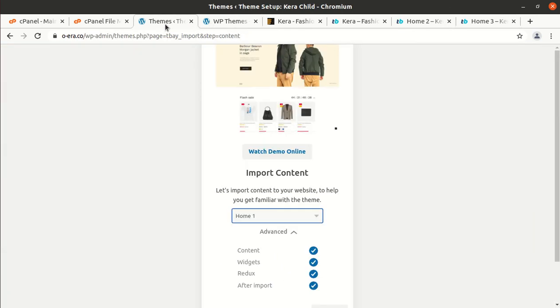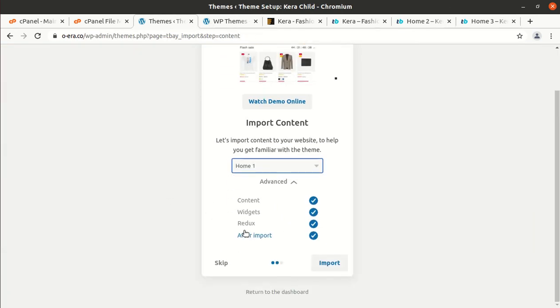So I am choosing home 1 for importing the demo, and all the content options have been checked, and just click on import. Now the import process has begun, and it is showing the progress in percentage on the screen, and we have to wait on this screen until it gets complete, because it is going to connect to the developer server.